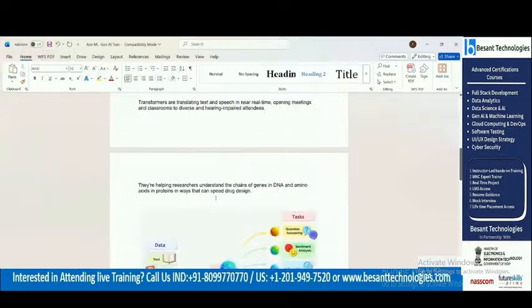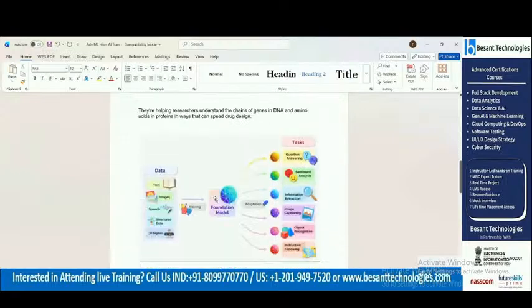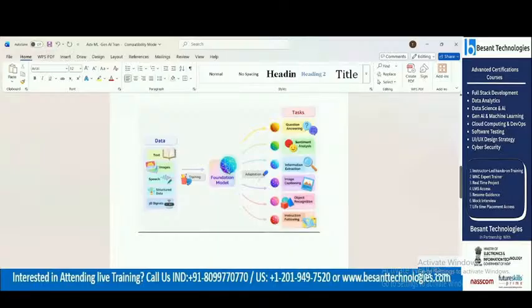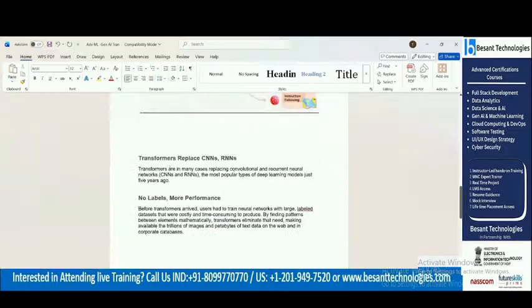So this is a thing that if you want, you can go through, how it works. Transformers are replacing CNN and RNN. This is very important, you have to remember. Convolutional and recurrent neural networks, CNN and RNN, deep learning neural network types.